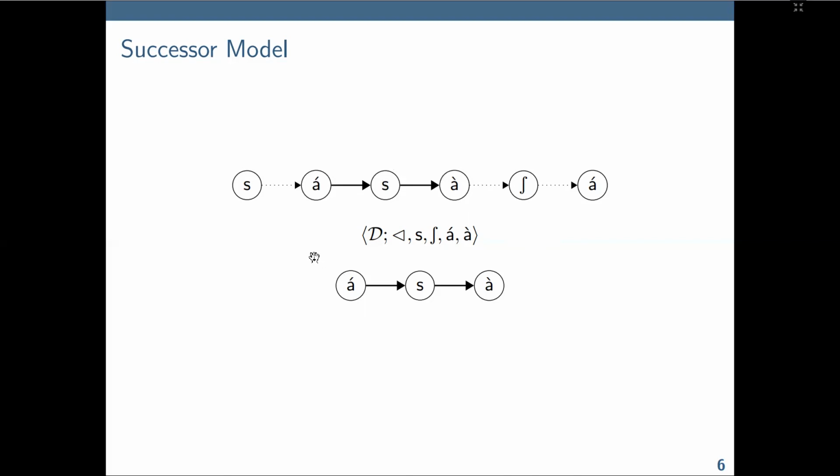But we can still extract factors from it. We can extract subfactors. Here's a 3 factor again, but notice that this factor only encodes whether the element is within immediate adjacency with respect to the others or not. So this is a 3 factor over the successor model. This is very similar to a trigram. So a k factor in this sense is basically just a k-gram when interpreted over strings. Now, we might not want to talk just about whether any element is next to or immediately adjacent to another one. We might want to ignore elements with some property. So for example, say we only want to talk about the sibilants.